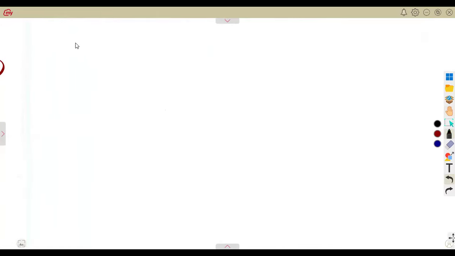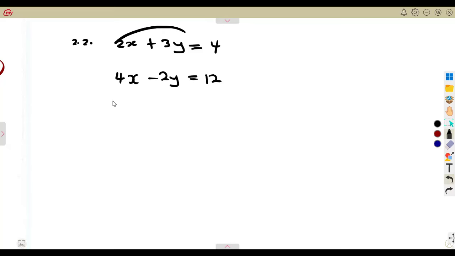That's 2.2. The first equation we were given is 2x plus 3y is equal to 4. The other equation was given as 4x minus 2y, which is equal to 12. So that's the first and second one. As you can see, these two equations are already in the normal format for Cramer's rule, with the variables on their own and the constants on their own. So we understand that we can determine the value of x